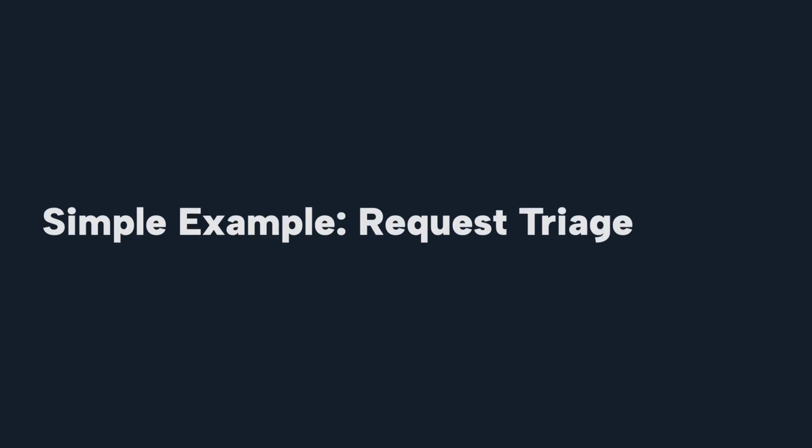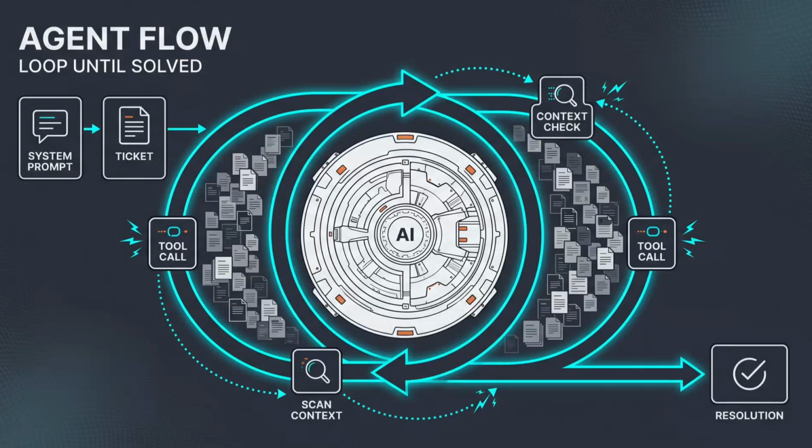So as an example, let's just talk about request triage, right? In a request triage example, in an agentic flow, effectively you have your system prompt that it has to read. It gets the ticket. It has to get the ticket unless that ticket is auto-injected into the context as part of the execution run. And then it has to loop its way through tool calls to get the right context. You have to hope that it gets the relevant context as part of the loop execution. And then it'll go through the loop. It hopefully matches the right rules against the ticket that came through in this whole process. And then it hopefully does the right tool calls to resolve the ticket.